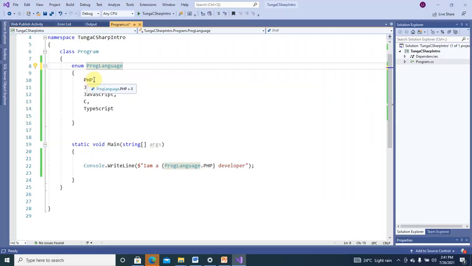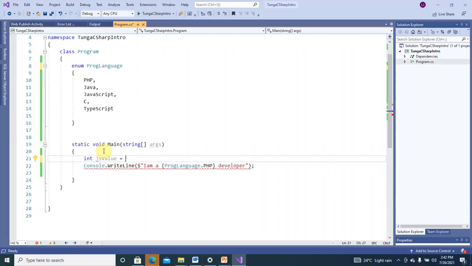So for instance, PHP has 0, Java has 1, JavaScript has 2, C is assigned a 3, starting from 0 and then incrementally going up like that. If I want to get the integer value of JavaScript, I can get it by casting the value. So let's say here in your main method, I say int JS value is equal to, and I'm going to have to cast it, because if you put this programming language